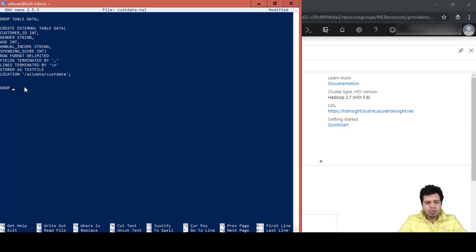So again, drop table, and this will be my final table, cust data. All right, and then we'll create the table with the same name. So create table. In this case, now it is an internal table which is being created. So create table cust data as select